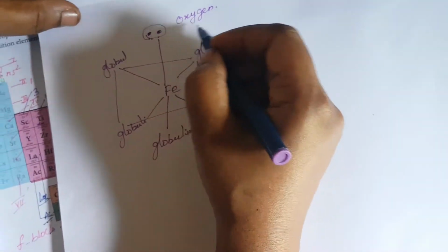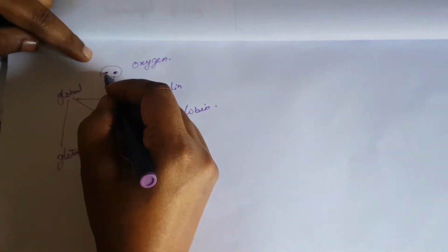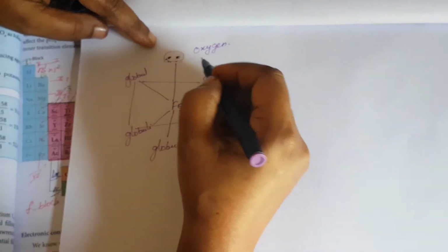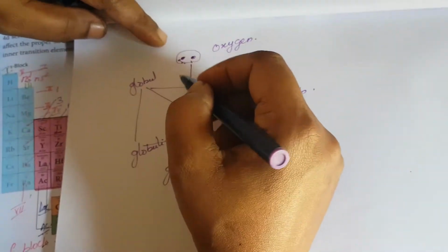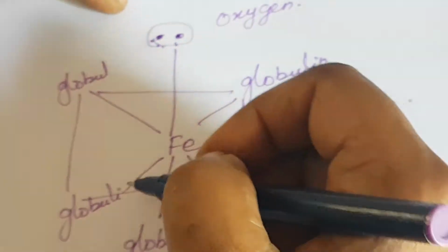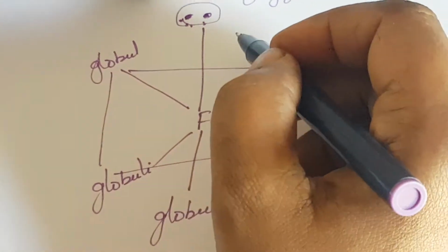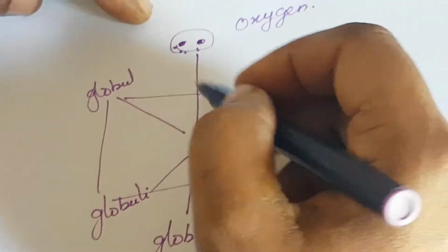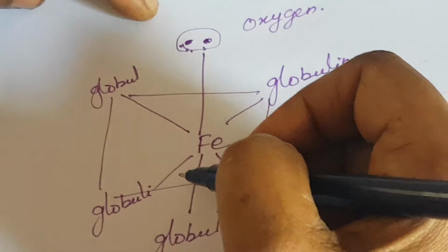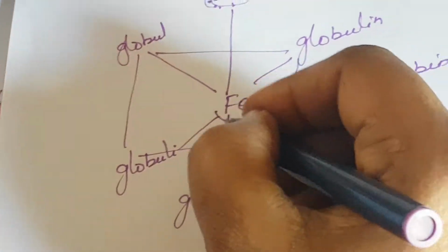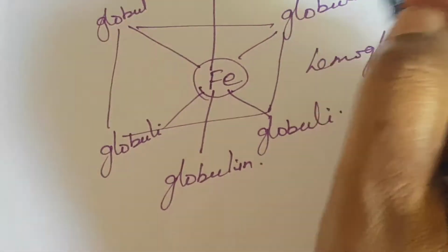Hemoglobin is the oxygen carrier throughout the blood cells and all the tissues of our body. The lone pair of electrons binds with oxygen to convert it into oxyhemoglobin, which carries oxygen through the blood. This is also made up of iron, which is present in the d block elements.